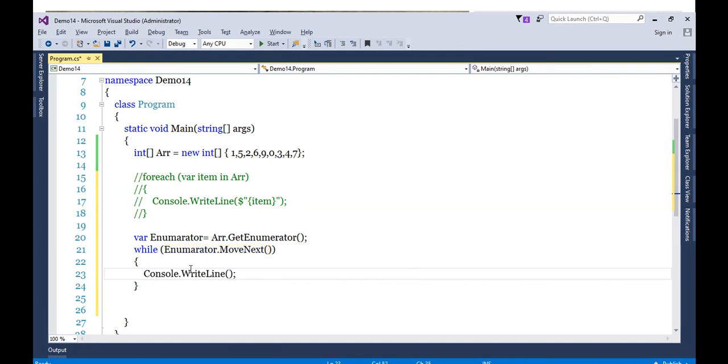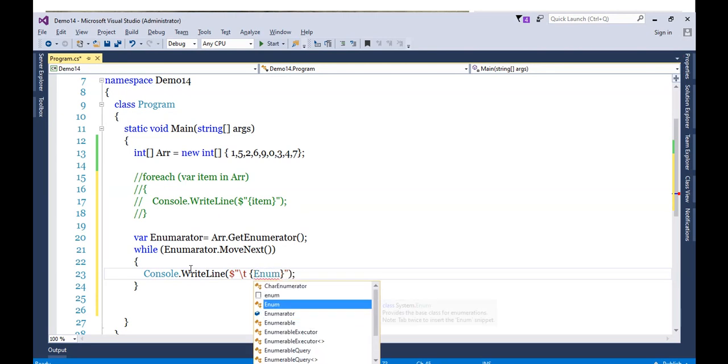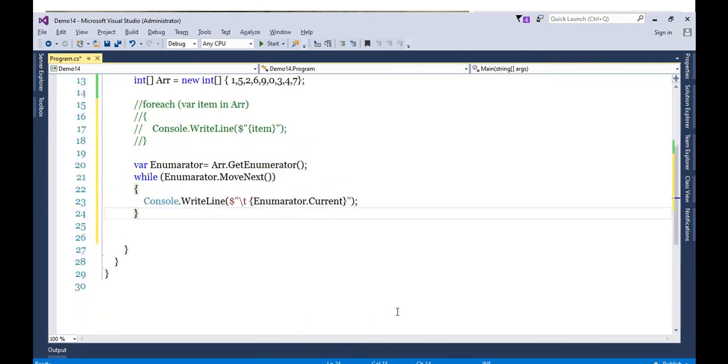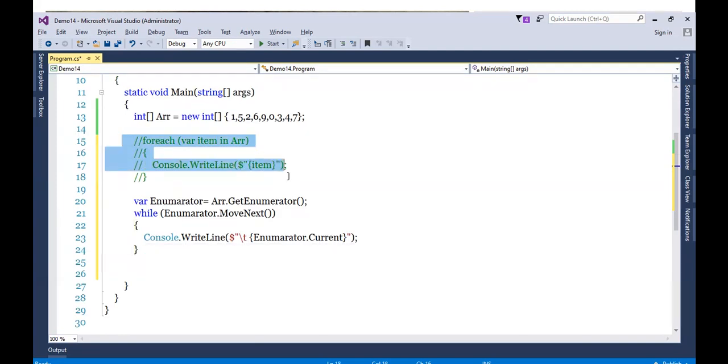So let's print the element. No need to give a message, simply give \t and display it. How are we going to display it? Using the Current property. So enumerator.Current. Okay, this is how the foreach loop works internally.